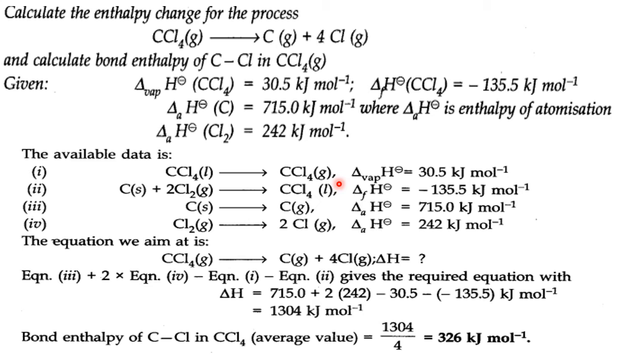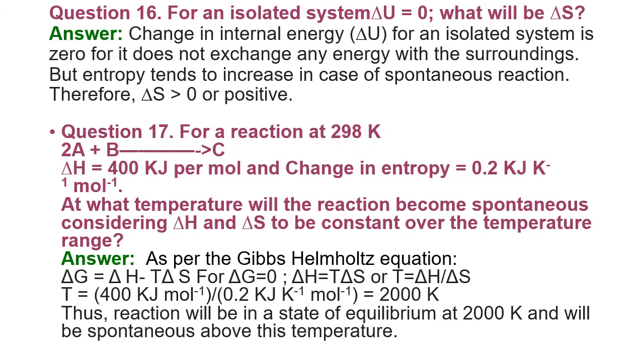Therefore, what you have to do, whatever bond enthalpy energy is there, this we have to divide by 4 because 4 CCl bonds are there, no? Then we get bond enthalpy for the one. This is not the real bond enthalpy, this is average bond enthalpy. Okay, it may vary. So all the CCl bonds vary in their values, but the average bond enthalpy is always the same because we divide the main answer by 4. So 326 kilojoules per mole is the average bond enthalpy of CCl bond. Okay, right. This previous example I have explained by taking methane as an example under the mean bond dissociation enthalpy or average bond enthalpy. Okay, right.